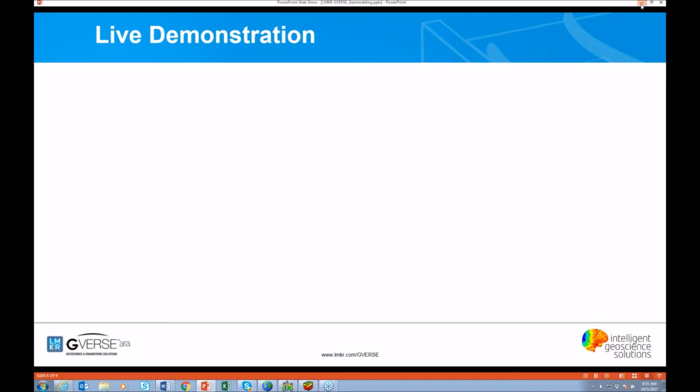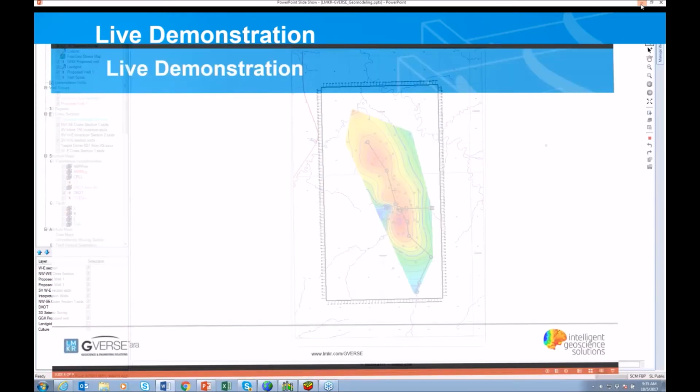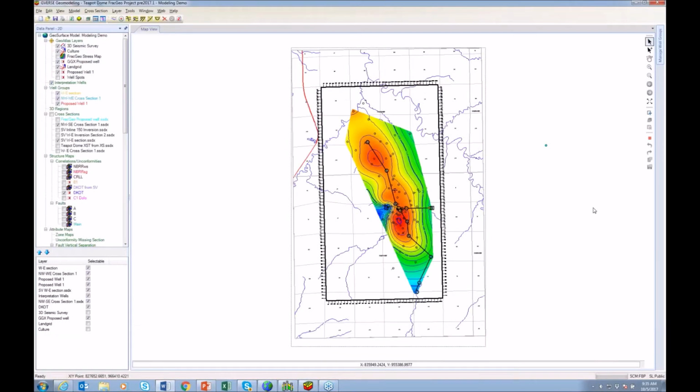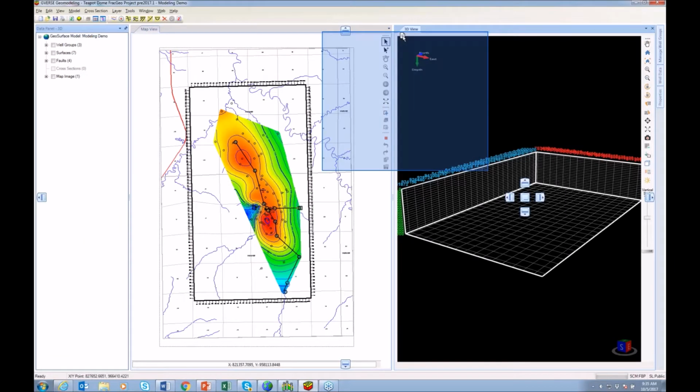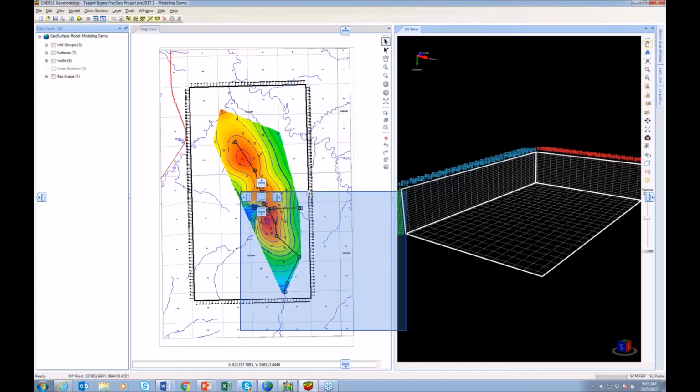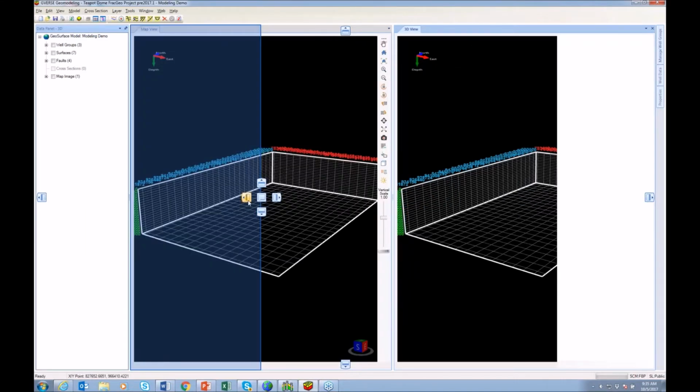You're currently viewing the map view of GVERSE Geomodeling. It's very familiar to those people that are using Smart Section. We tried to incorporate much of the familiar UI of existing applications, so the learning curve will be very, very slow. What we've added significantly is both a map view and a 3D view into the user interface, plus new docking panels here. These panels can be very easily moved from side to side, docked anywhere you want to, either left or right, full screen,